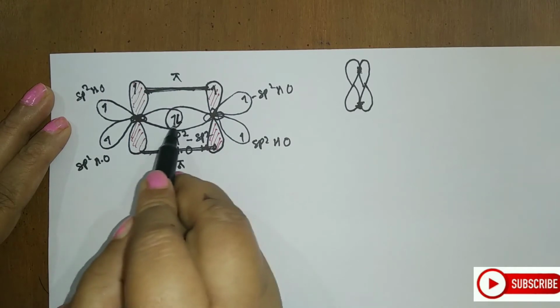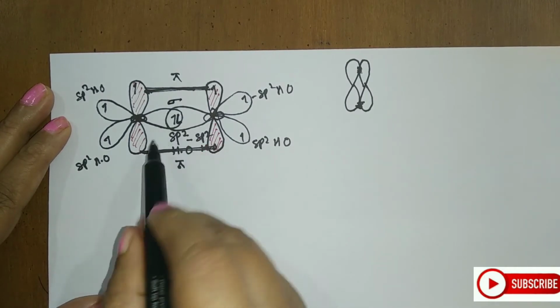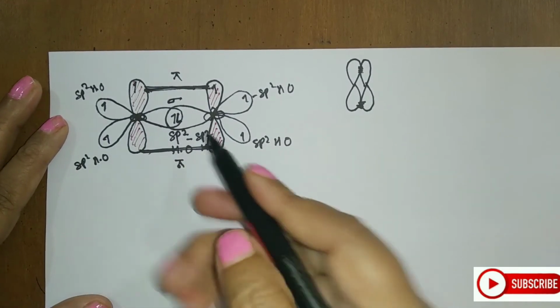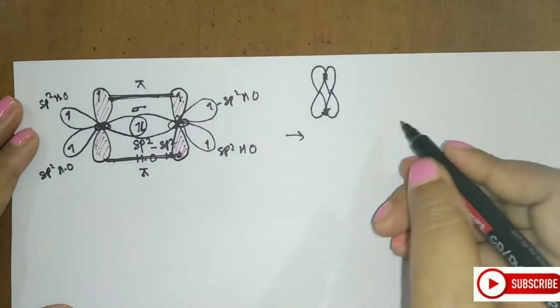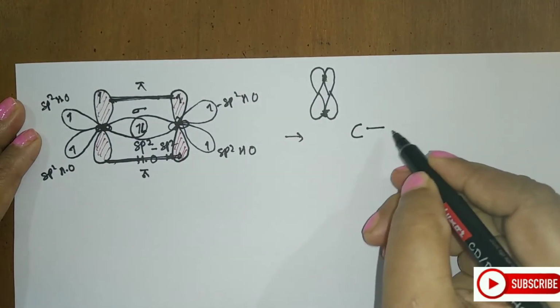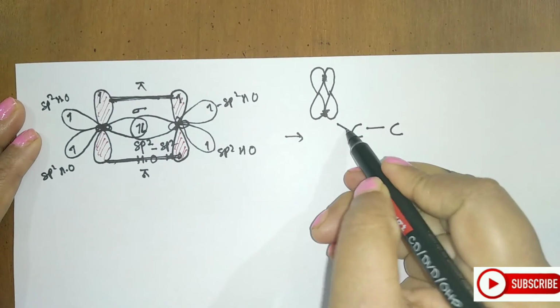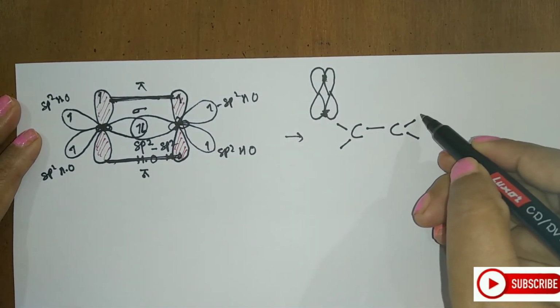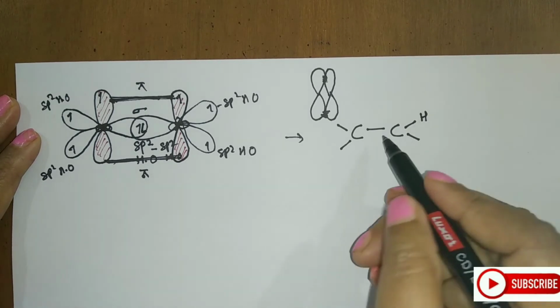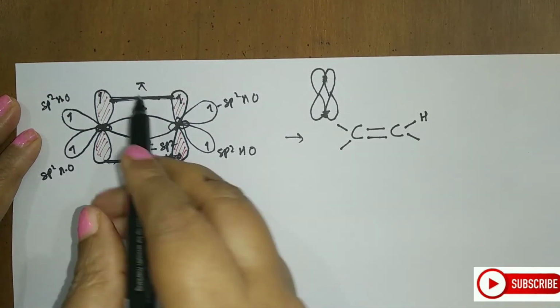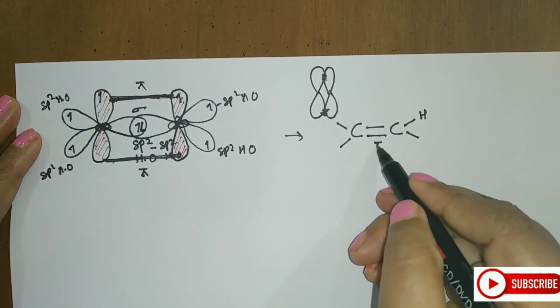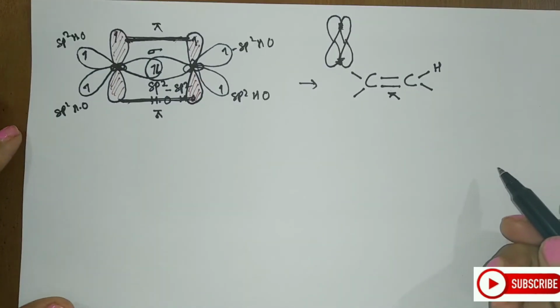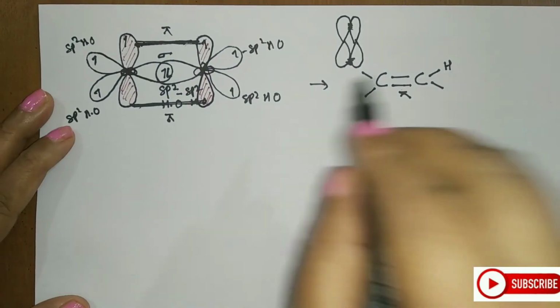So this is a bond which is a sigma bond, formed between carbon and carbon. Up to this point, what we have reached is the skeleton, that is carbon to carbon, and this particular thing is formed. Now we have to make a bond between hydrogen on this side, and this is the other bond that is formed, that is the pi bond. So let us see the final structure for the C2H4 molecule.